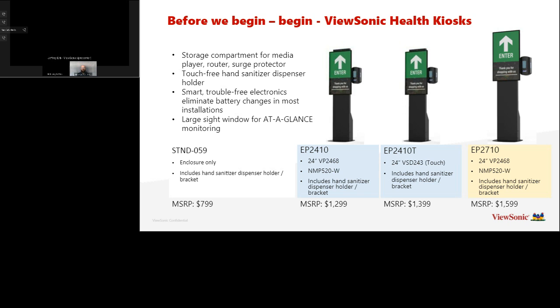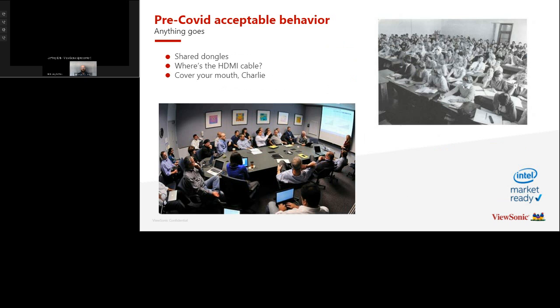Now, when we look at this, and this is really when we look at what it was before COVID. Let's look at it from that point of view. It was the wild, wild west. Every student sat next to each other, on top of each other, joked, laughed, passed notes, or if in the conference room, at the university, the provosts and whatnot would all sit around the table and determine who got to grab the HDMI cable the fastest so they could lead the presentation.